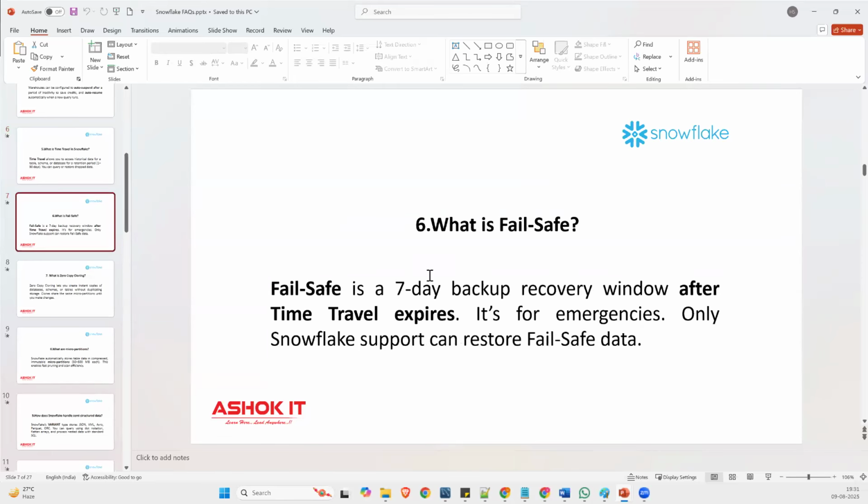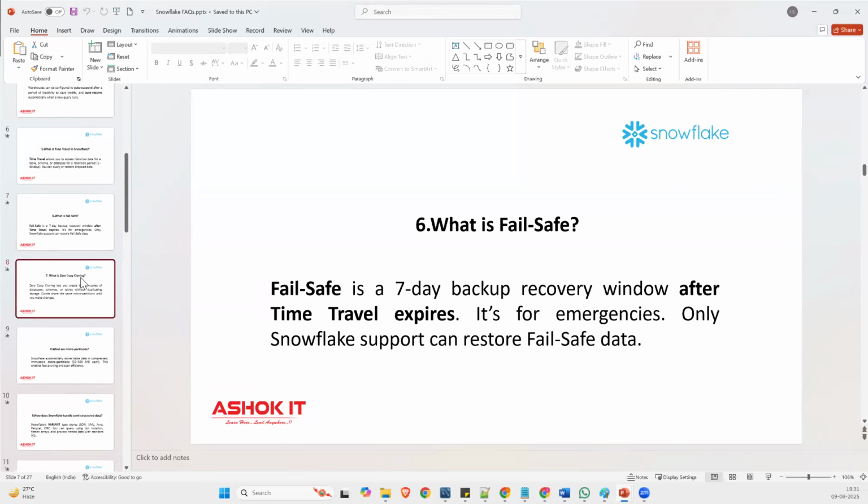What is the fail-safe feature in Snowflake? How to recover your data if it is accidentally deleted? So you should have some contingency plan, right? How to recover that failed data. Or for example, you have updated millions of records by mistake. You run the update query and you didn't apply the where clause, so it updates all the records unwantedly, right? So if you accidentally did some DML operation, you still have the feature available in Snowflake to recover that data seamlessly.